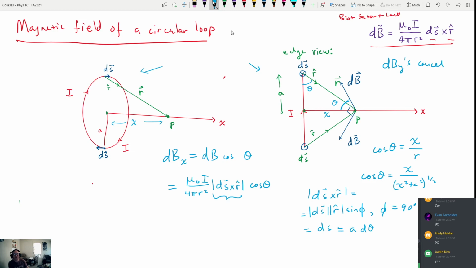No, that's not right. I'm sorry. Ignore what I just wrote. Sorry, I didn't mean to confuse you. So ds cross r hat actually just ends up being equal to ds. That's it. So putting these together then, what we have is